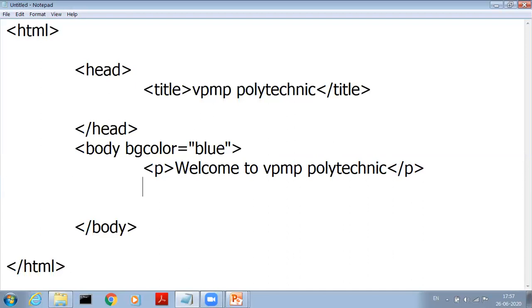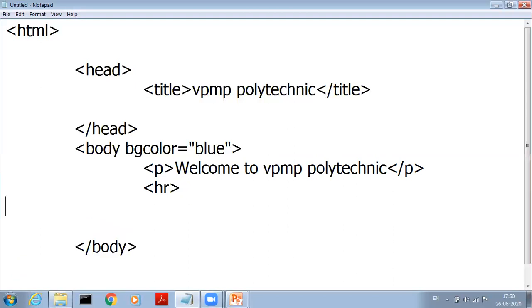Next, after printing VPMP Polytechnic, I want to draw a line. So I use the HR tag. There is no need for completion of the HR tag. After that, I want to display an image. So I use the IMG tag and again the completion of the IMG tag. In between, various attributes are used.